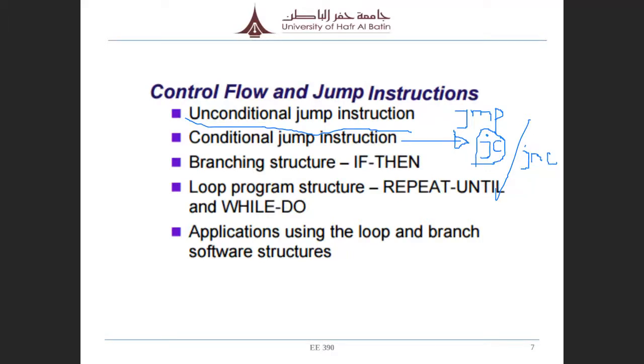There are a few other conditional jump instructions, and branching structures. Like in our program, sometimes we can write if something is okay, then do this. This is called the if-then structure. And there is also the loop structure. Already we used the loop, but just for a formal discussion, like